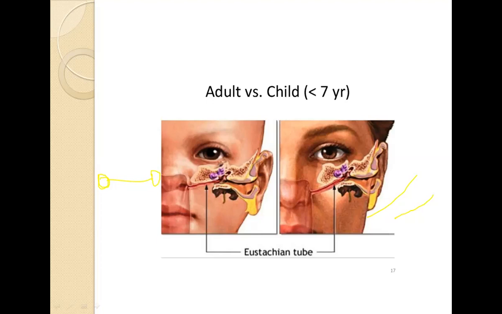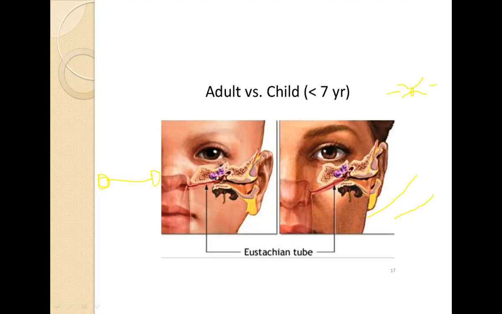Another point which helps to understand this is we have studied about the isthmus, right? The isthmus in adults is angulated, that is, it is basically constricted, so it's like this. This is the cartilaginous part, this is the bony part, and this angulation is the isthmus. So in adults the isthmus is angulated, whereas in the child there is no angulation present in the isthmus. So these two are the basic differences between the adult and child.